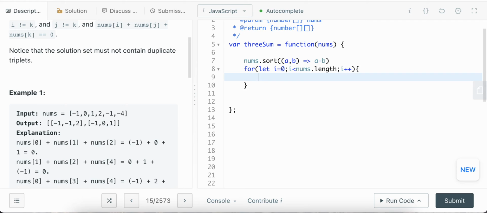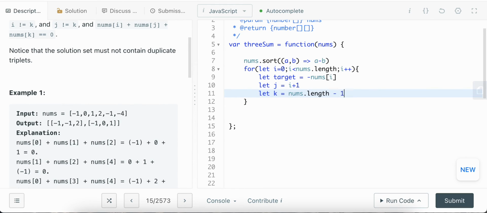Okay, and then what we want to do is, what will be my target? We'll take target as negative of nums[i]. Why? Because by this time you must understand what the target is. And now I'll have 2 pointers. Let j be equal to what? i plus 1. Why? Because obviously i cannot be equal to j. And then let k start at the end, nums.length - 1, and then while my j is less than